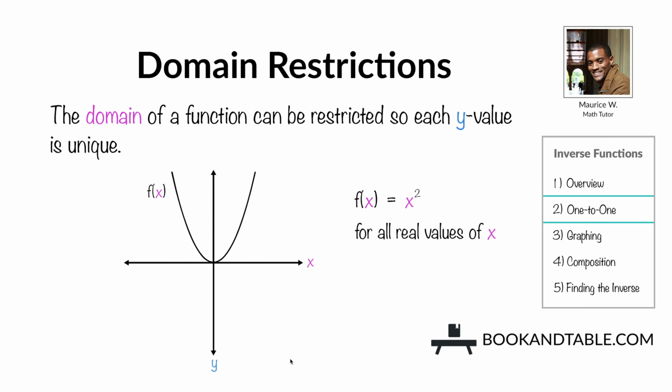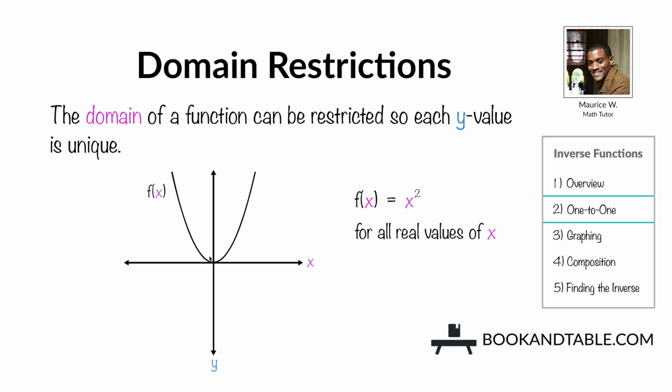Let's now discuss how we would go about restricting a domain so that a function that is not one-to-one can become one-to-one, and thus the inverse function would exist. So the domain of a function can be restricted so each y value is unique. We saw in the first section that quadratics fail the horizontal line test, which means the inverse function does not